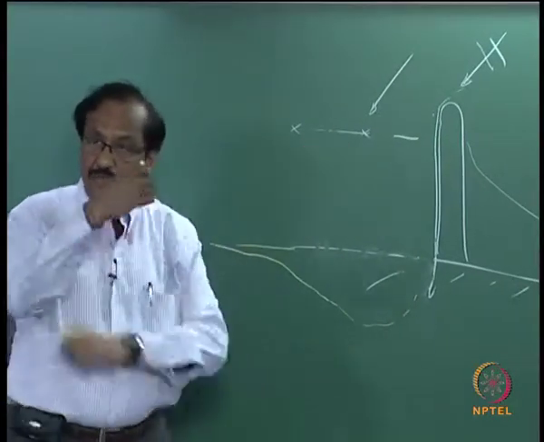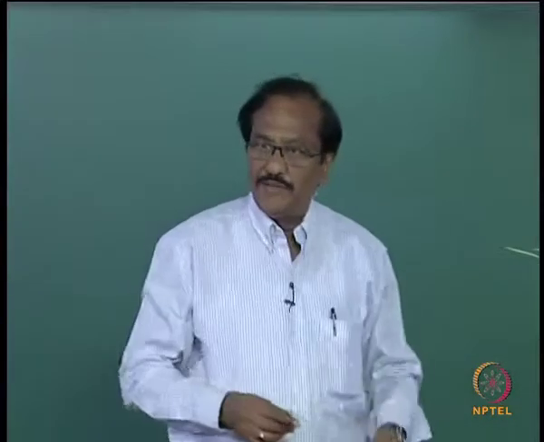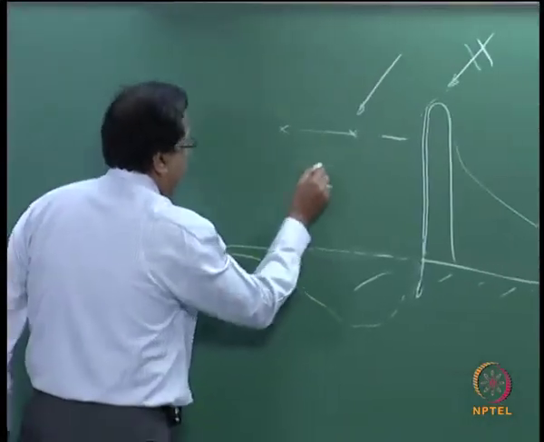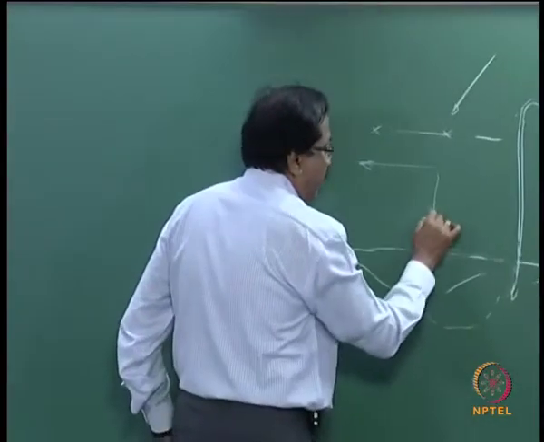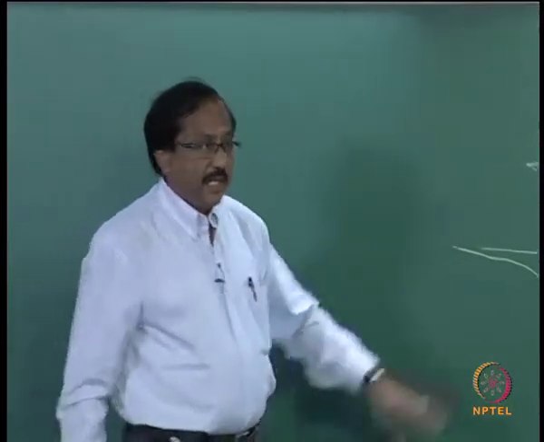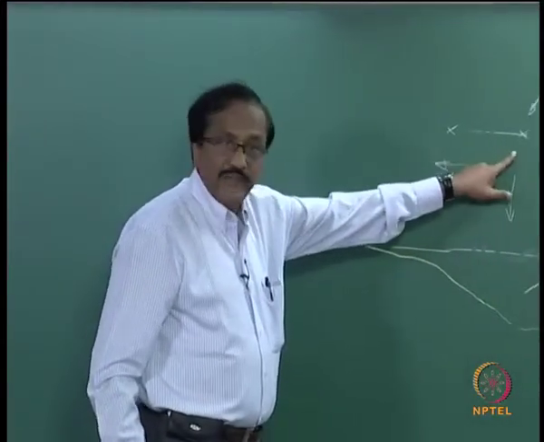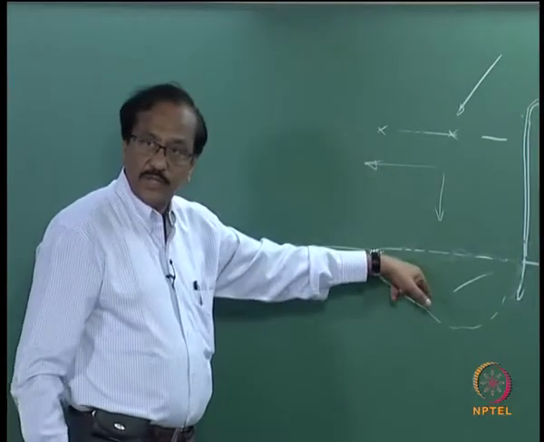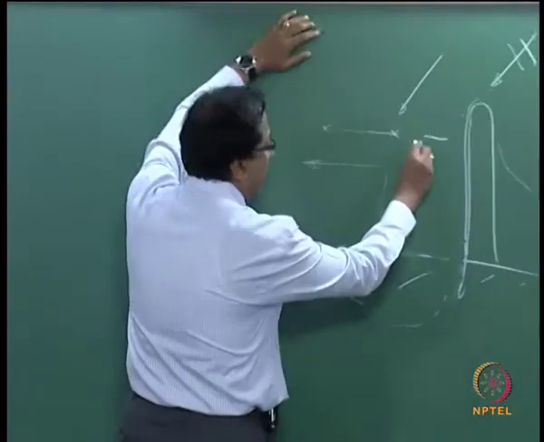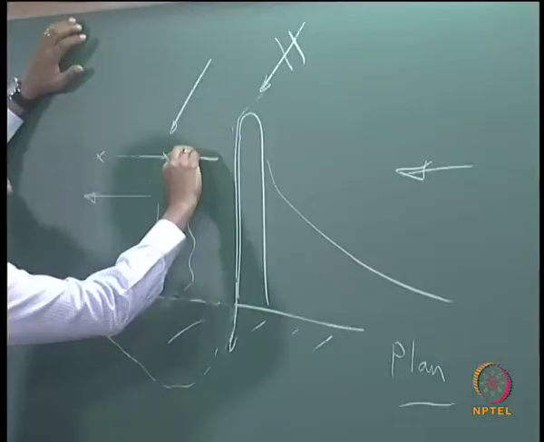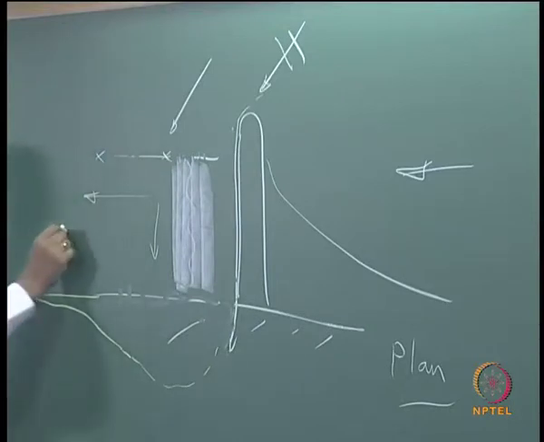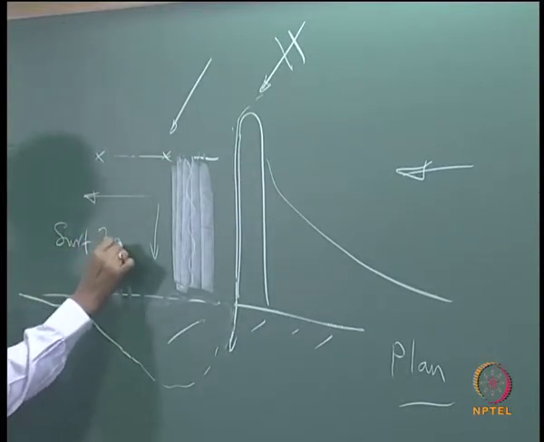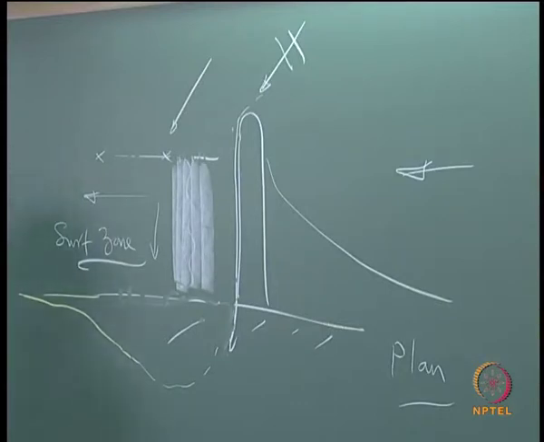At that point only you have the mixing taking place, and then you have the setting in of the longshore sediment transport, longshore currents moving in this direction, and the onshore-offshore currents moving in this direction, and these are the two currents which are going to drive the sediments along the shore or normal to the shore, okay. So that means this is a zone where you are going to have the distribution of the sediments. This zone is called the surf zone. So you see that the sand will be transported within the surf zone.